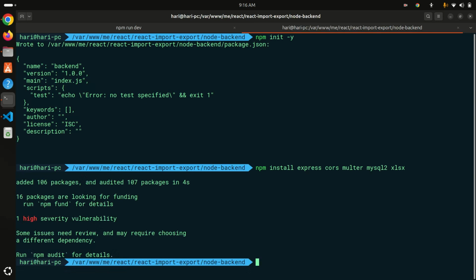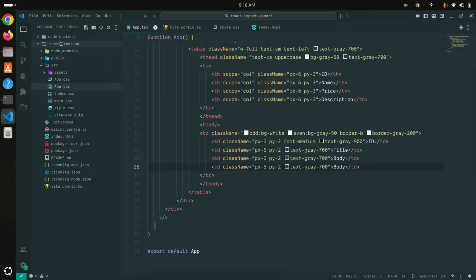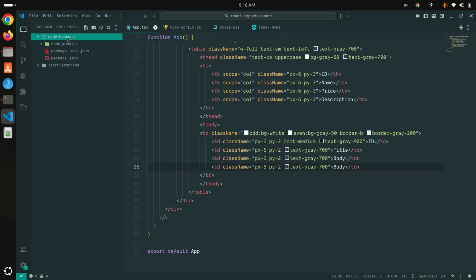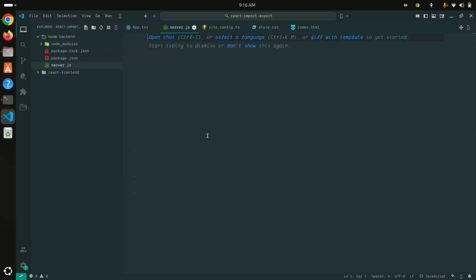Yeah, after install, let me go to the VS Code editor, and you can see that there is a new folder called node backend. And now let me go and create a new file over here, that's called server.js. Okay, and in this file what I'm going to do, const